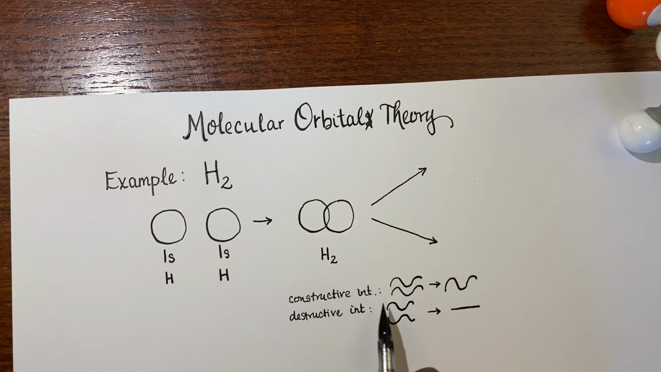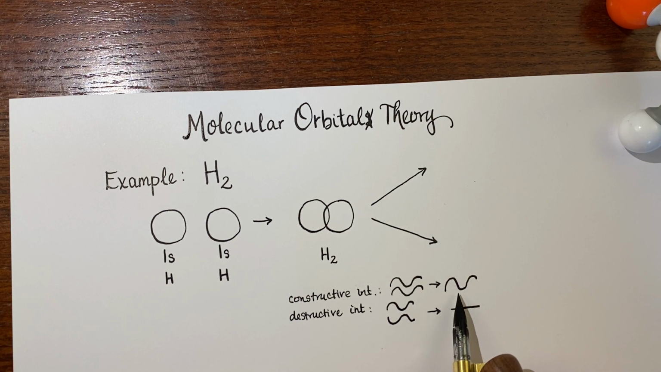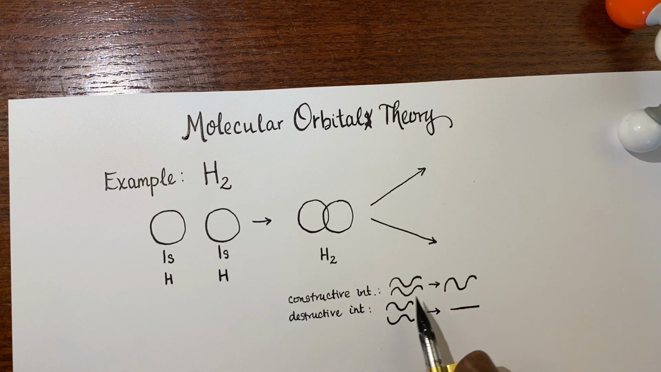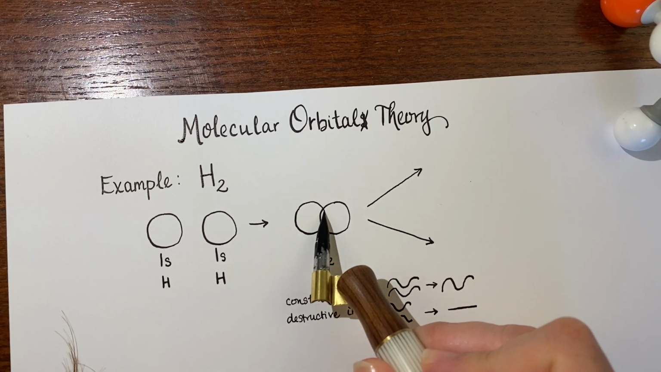So this is just general wave behavior. But if we think of this in terms of electrons as waves, this corresponds to there being a high probability of finding an electron, whereas this corresponds to zero probability of finding an electron. Okay, so this is our reminder of wave behavior. And now let's apply this to this area here, this overlapped area,